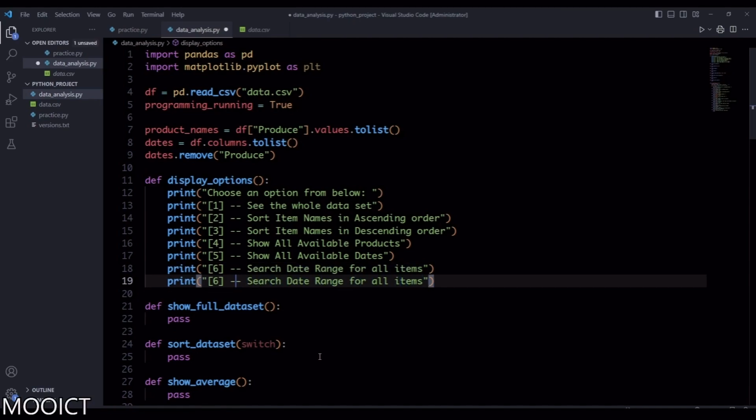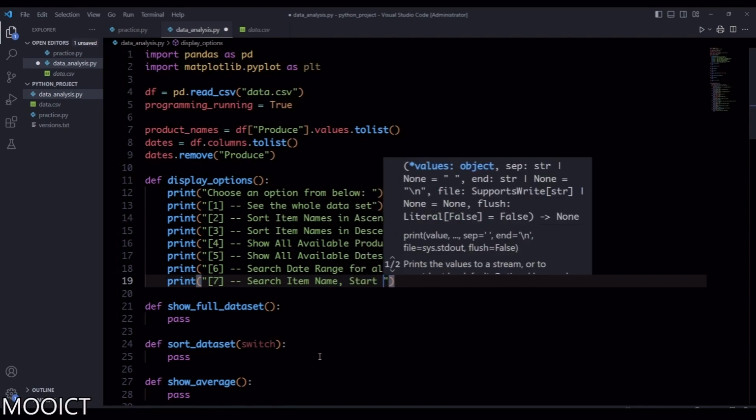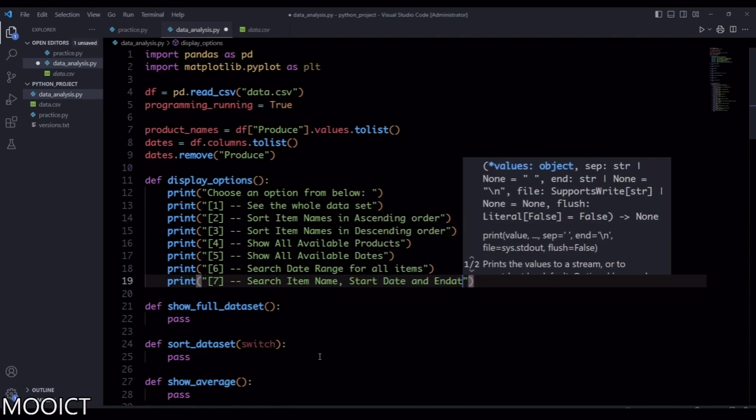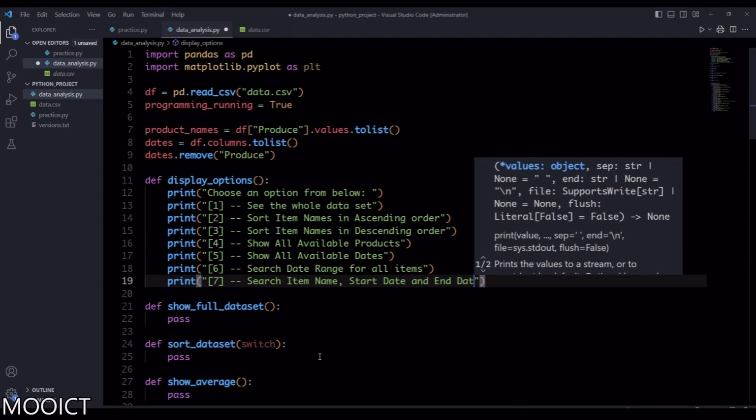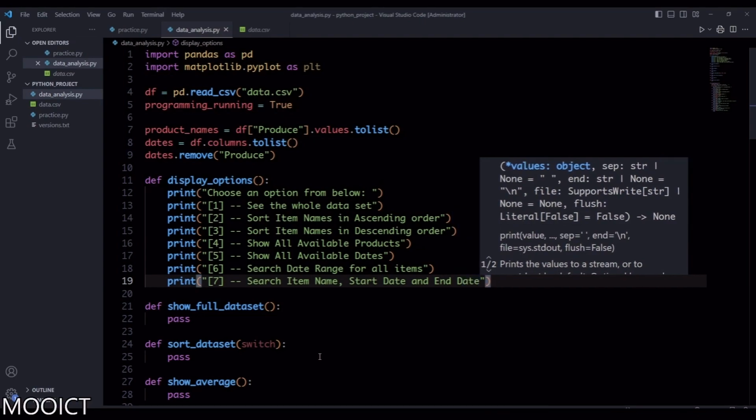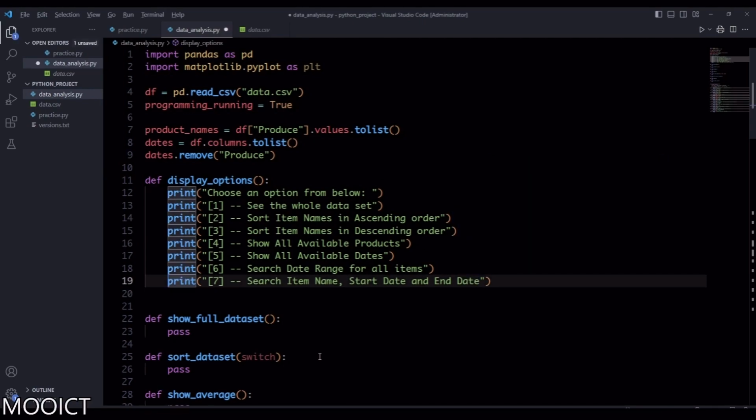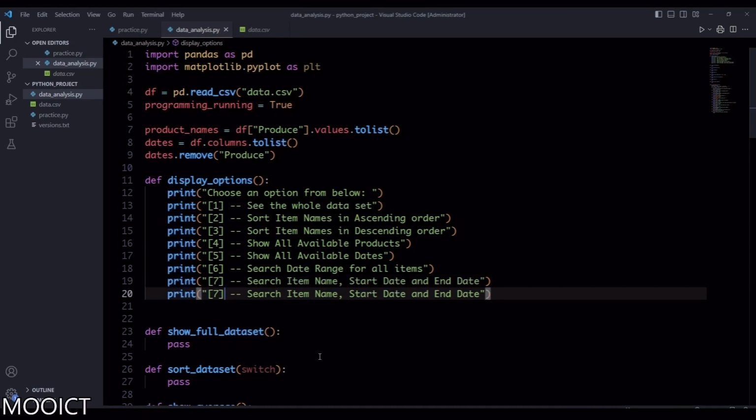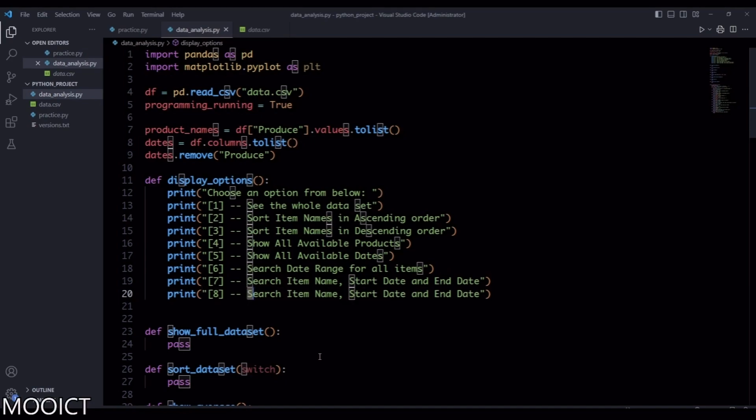And then 7 is search item name, start date and end date. Okay, that was specific to an item. Right, let's go to number 8, is show total